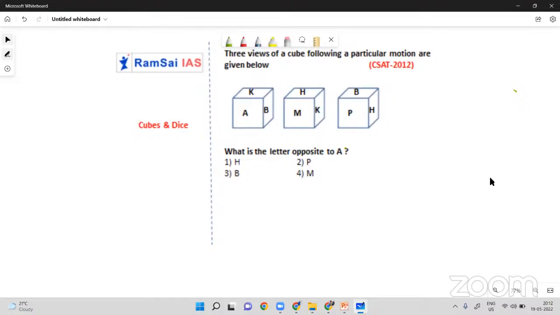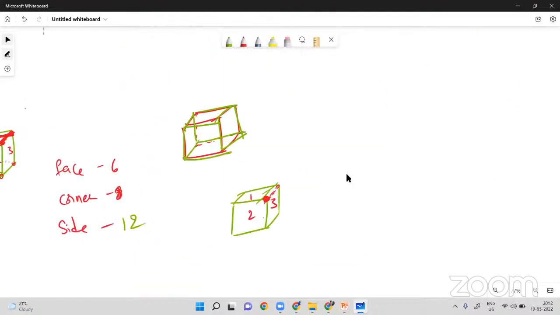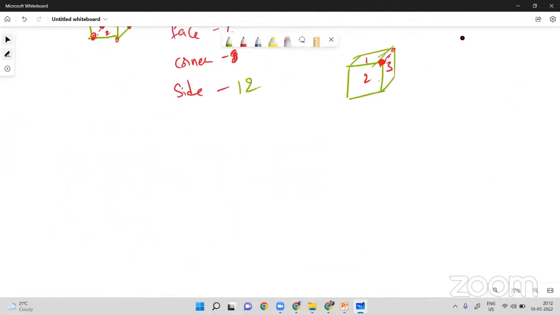Then most of the questions will be like, can you guess what will be the opposite face of K? Can you guess what will be the opposite face of B? Like that you can find questions. Most of the questions will be like this only. But if you observe carefully, there are two kinds of cubes. There are two kinds of cubes. One is,